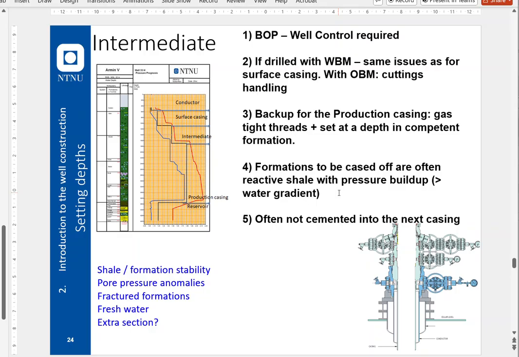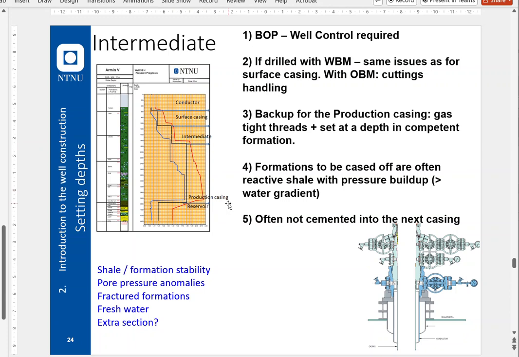And formations that are cased off are sometimes even more reactive than further up. Could be some smectite and other really nasty shales. If we have a look at the pore pressure prognosis here, it could be important to seal off some high